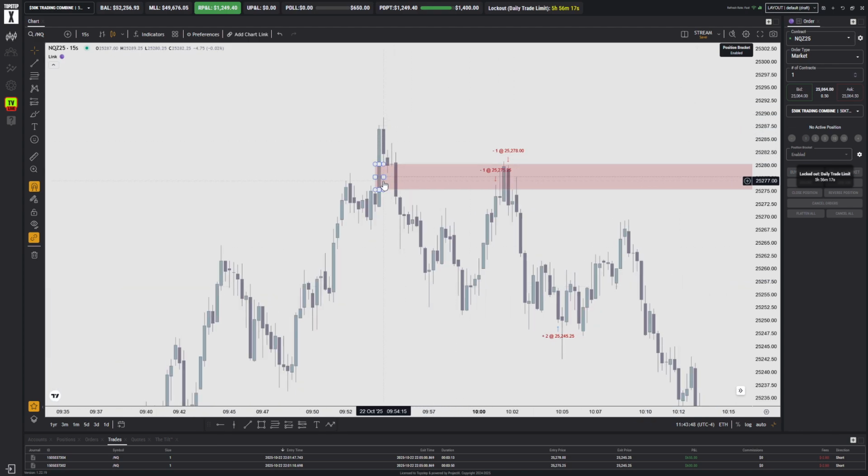So right here you can see that my entry is within this inversion. This was the first entry at the low of the inversion. The second entry was somewhere around here. I think it's slightly above, 1 tick above the consequent encroachment of the inversion fair value gap. And the reason why I shorted that candle is because